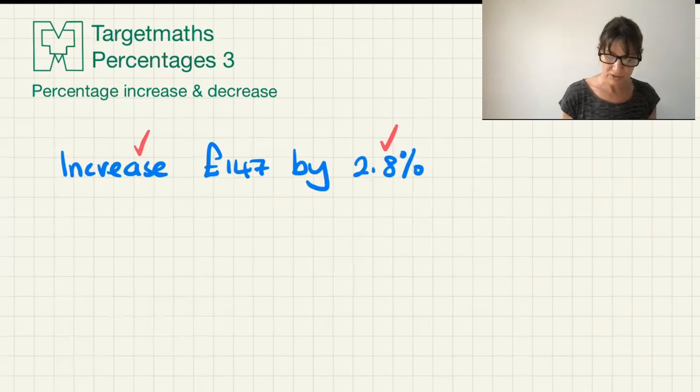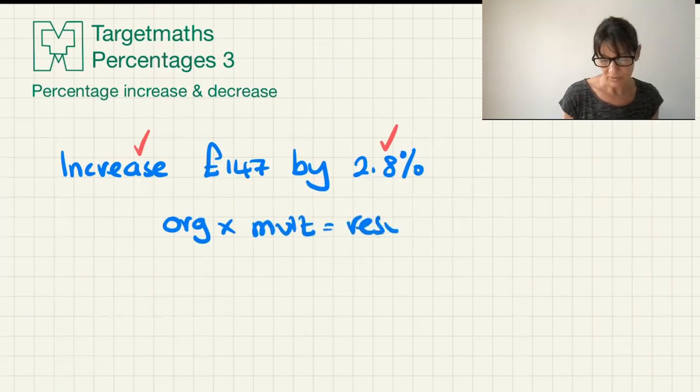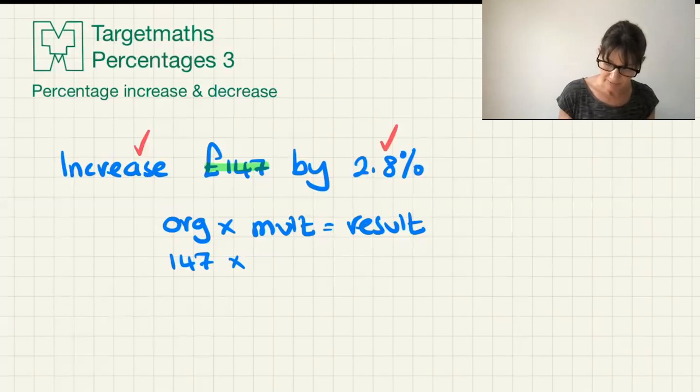If it's got the 2-tick test, I know it's original times multiplier equals result. My original is 147. My multiplier needs working out, so I can do it over here this time. 100% plus 2.8% is